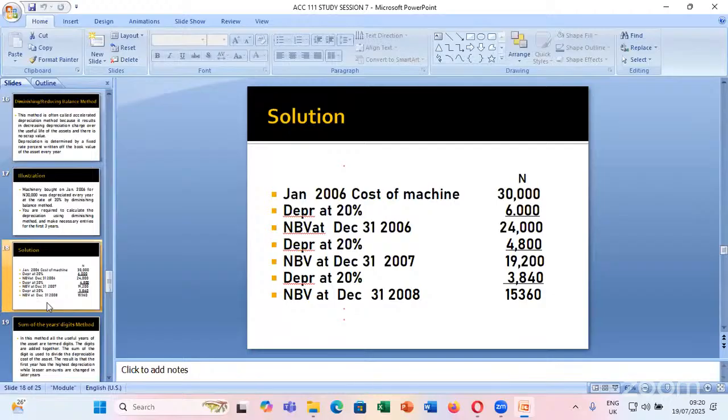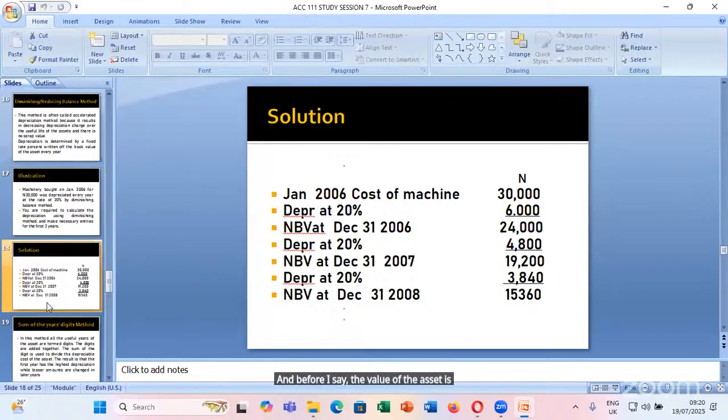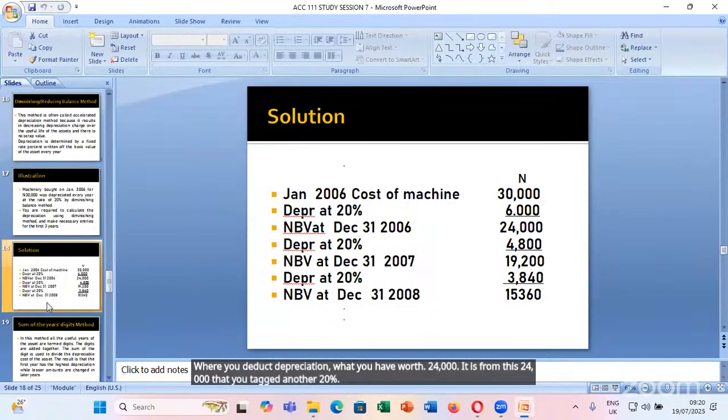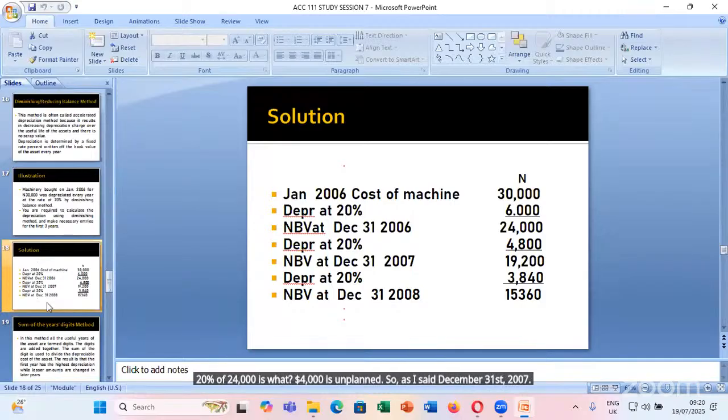So the following year, you still charge 20% on the reducing balance. That is what we mean. At the first year, the value of the asset is 30,000. When you deduct depreciation, what you have is 24,000. It is from this 24,000 that you charge another 20%. 20% of 24,000 is 4,800. So as at December 31st, 2007, the value of the asset remains